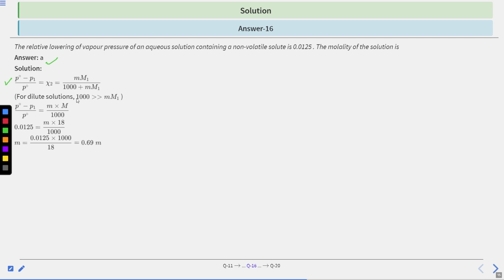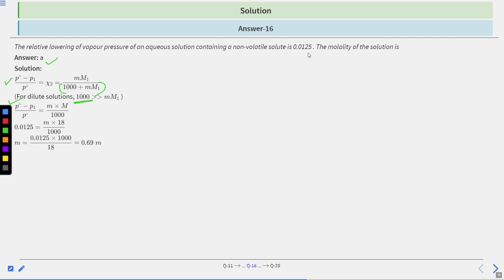And for a dilute solution, we know that 1000 is much greater than m into M1 in the denominator, because for a dilute solution the amount of solvent is much higher. So the relative lowering of vapor pressure is equal to molality into molar mass upon 1000. And on putting every value, we have